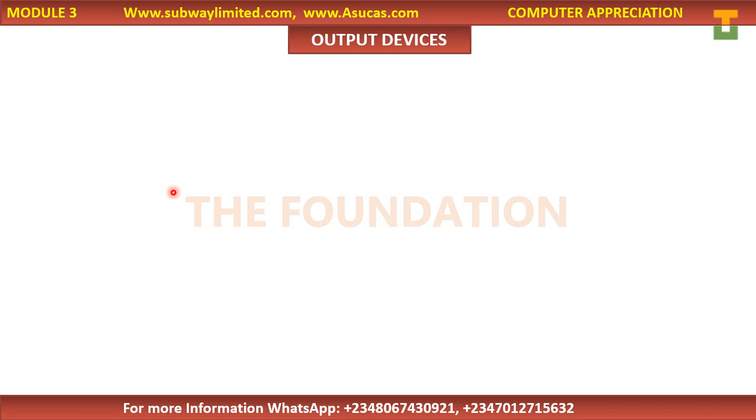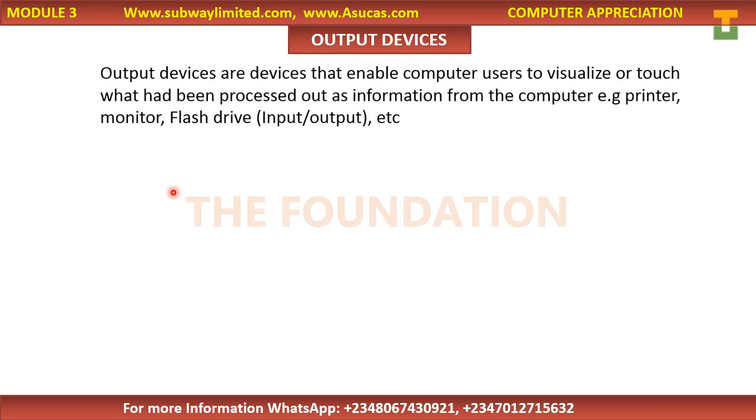The speaker, that you are able to hear our voice, or the speaker inside of your laptop, is also an output. So output devices are devices that enable computer users to visualize or touch what had been processed out as information from the computer. A typical example is the printer,